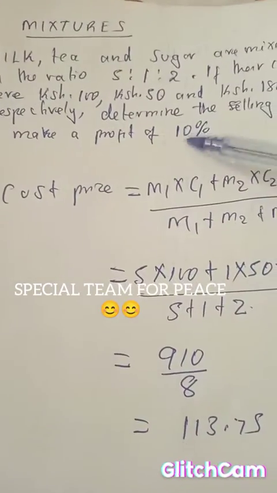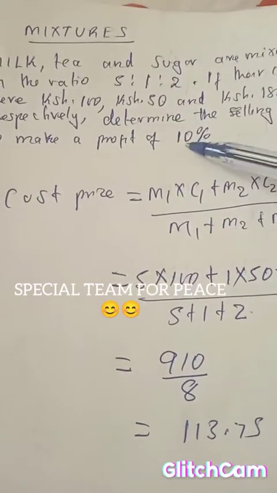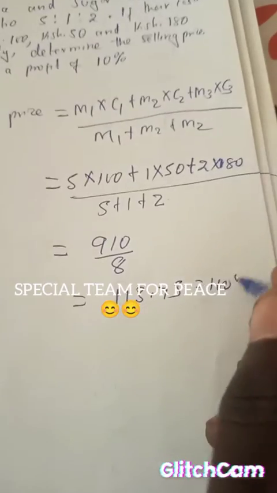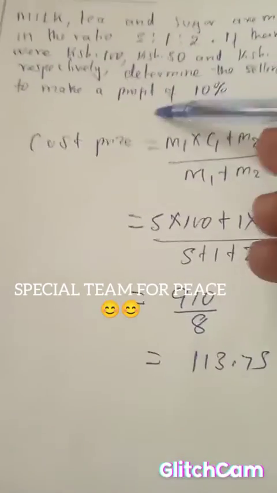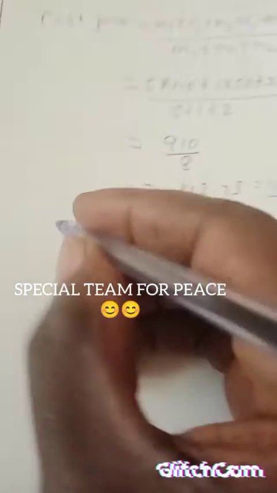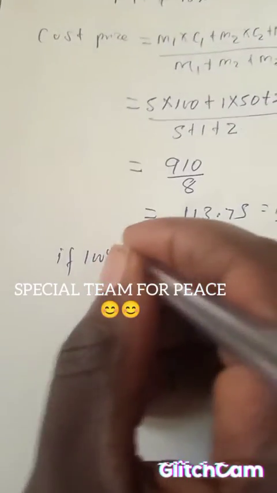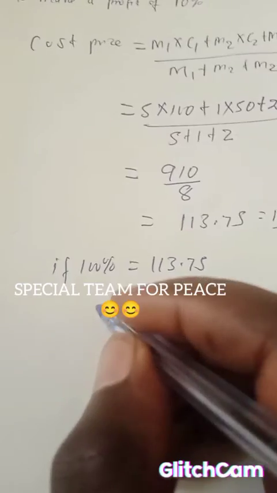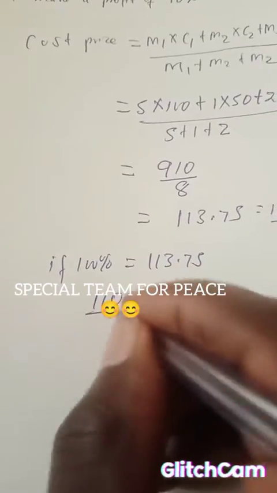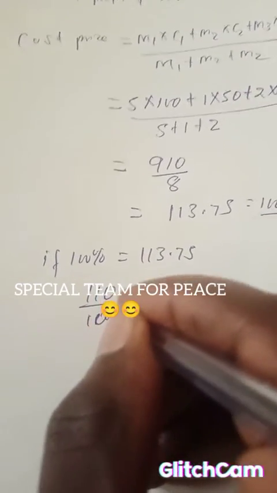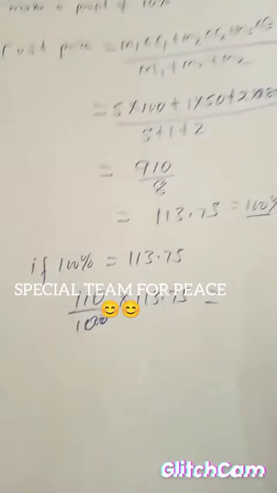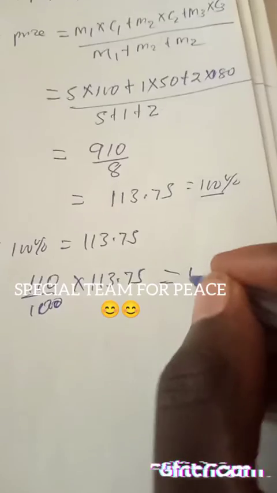Then we are supposed to find a price that will give us a 10% profit. So remember, this is the cost price, which corresponds to 100%. So what about if you are making a profit of 10%? You shall say that if 100% is equal to 113.75, what about 110? So 110 divided by 100 times 113.75. And that one from the calculator still gives us